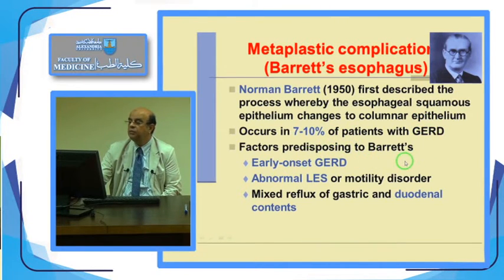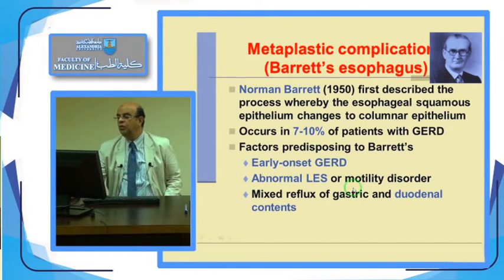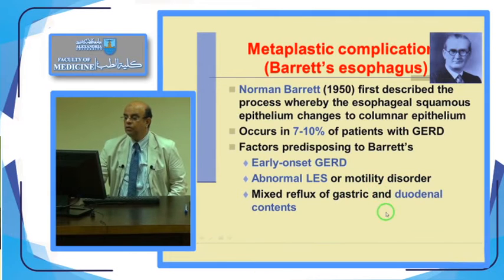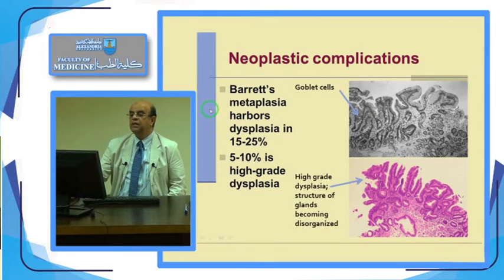The factors that predispose to Barrett: early onset GERD, GERD present for a long time, abnormal lower esophageal sphincter or motility disorder, and reflux of gastric and duodenal contents. Barrett's metaplasia harbors